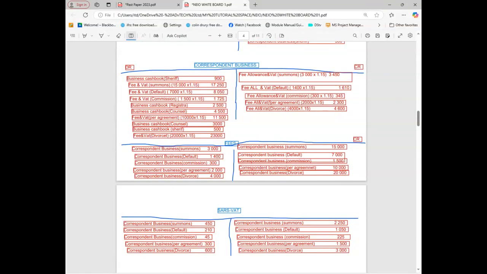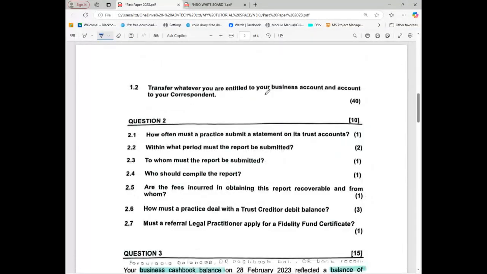Okay. I know that you mentioned for the last thing that the EFT here is the amount that needs to be transferred to the correspondent. Not transferred. This is the EFT. Can you see this one? Yes. This is the amount that will be given to the correspondent, but we cannot just record it. Don't record it. It will show when you balance. Remember, we must balance now. We are going to balance now. After doing this, we will be able to answer that question.